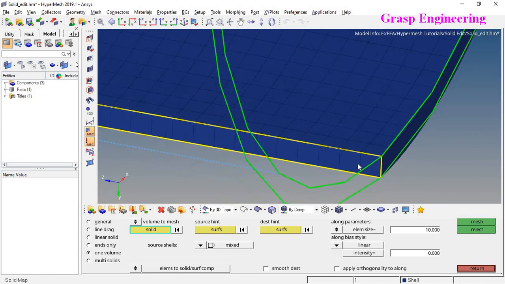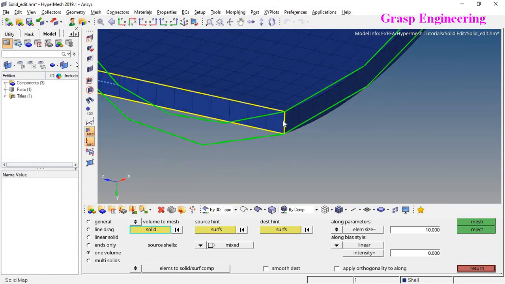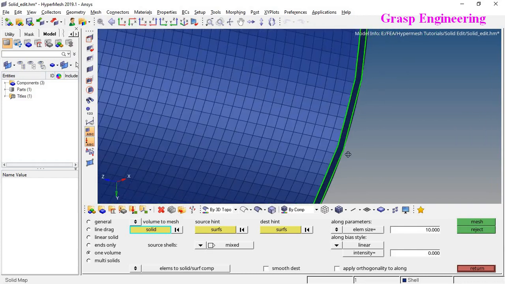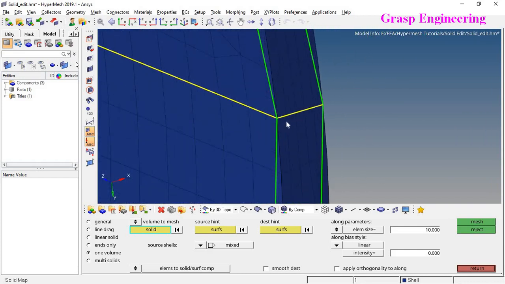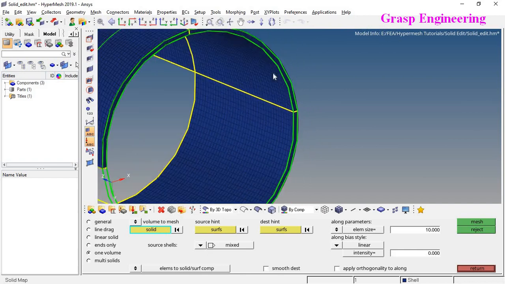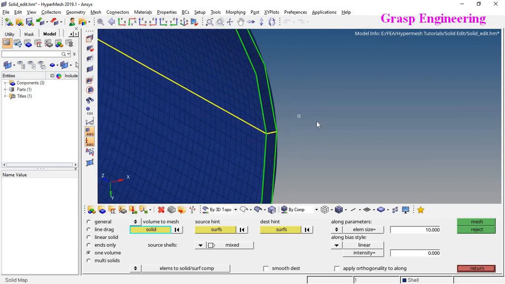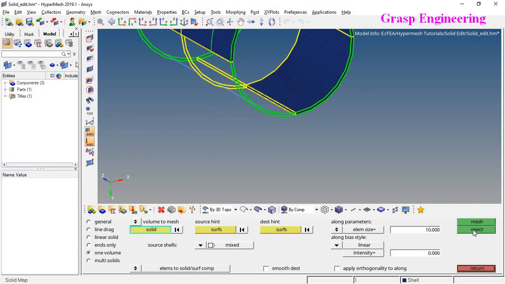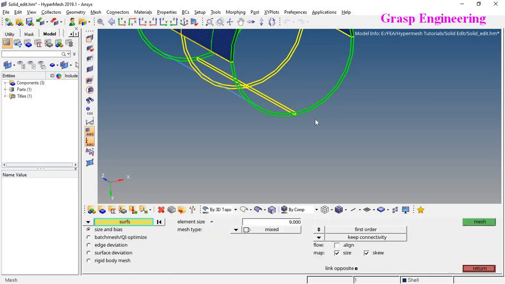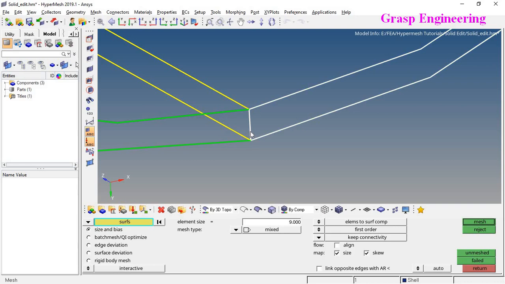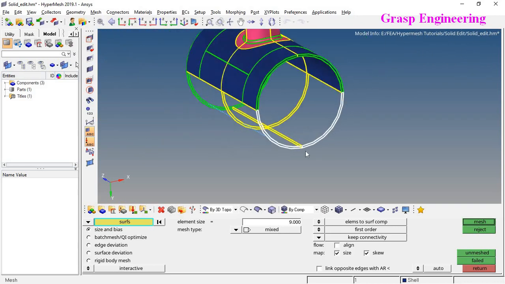So now if you see here, by default it created one single element because we defined the 10, and here it took the proper 5 elements. That is because of the element. So for that just reject this, return, go to 2D mesh, auto mesh, and just define whatever mesh you want.